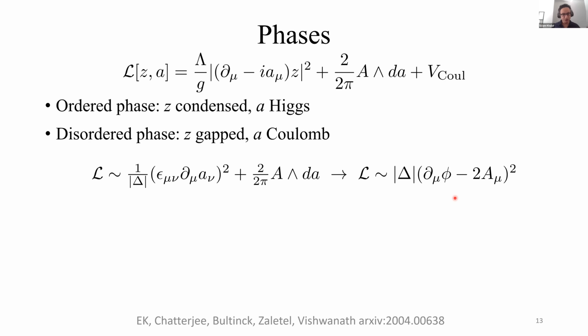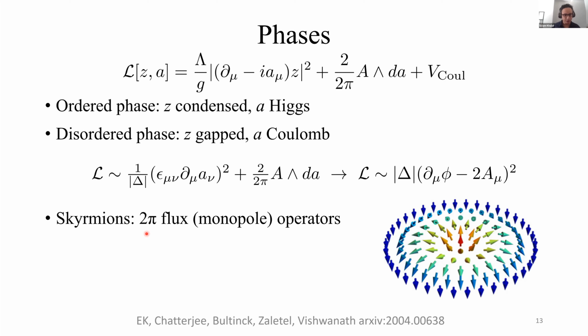To connect this to the Skyrmion picture, let me reiterate what I said earlier: the Skyrmions are essentially the operators that create a 2 pi flux of this dynamical gauge field A, the so-called monopole operators. From this mutual Chern-Simons term, we can see that they carry charge 2e. But an important thing is Skyrmions are finite energy excitations of the theory. If I just insert a 2 pi flux here, I would actually get a logarithmically divergent term. So the Skyrmions have to be accompanied with a phase winding of this Z variable. Since Z has 2 components that both couple to A, both of these components have to wind.